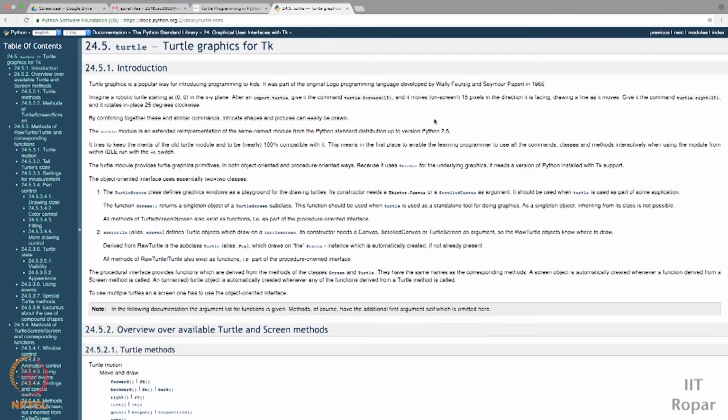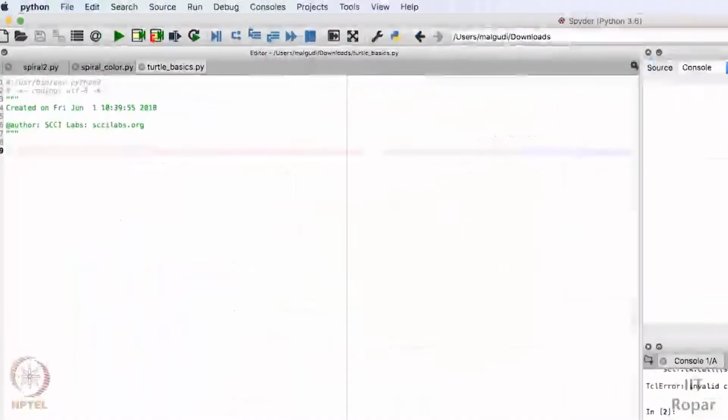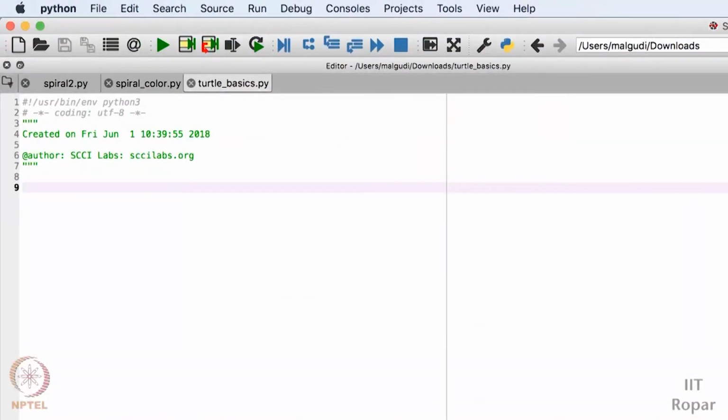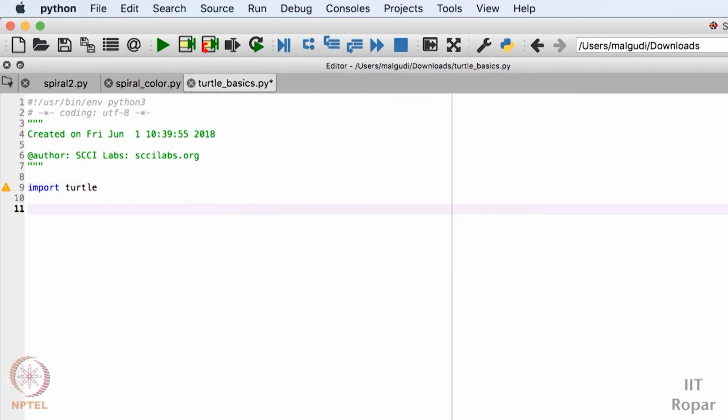To start with, we'll first create a simple Turtle program to show you how it works. First I have to import the Turtle library, so import turtle. That's it. After that I have to create a turtle. A turtle is a kind of pen which works on the canvas. So I will create a variable tur, let's say, and create my turtle with turtle.turtle. So my turtle has been created.